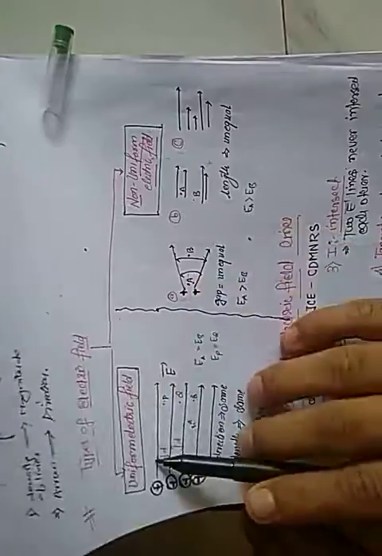Here the gap is unequal, here the gap is maximum, here the gap is very minimum, here the length is changed. So direction for uniform, all are same. In non-uniform the direction may be opposite also, but we have chosen only the same direction. In uniform, the gap between two lines from every point is same, the length is also same. Here the gap between two is unequal, length is also unequal. So these kinds of fields are called non-uniform field. Okay, so I hope students this topic is clear. Thank you.